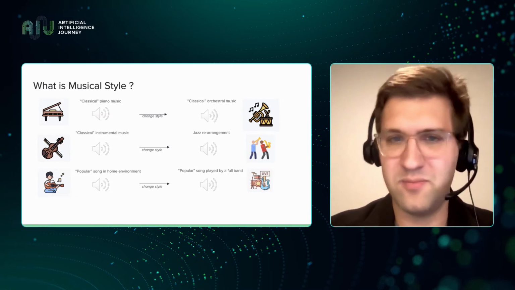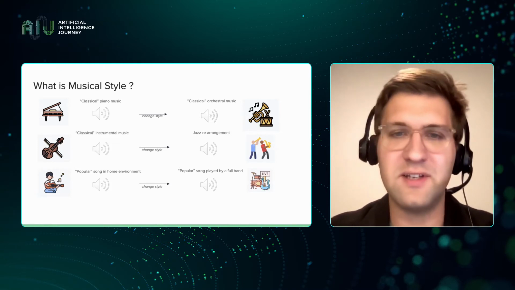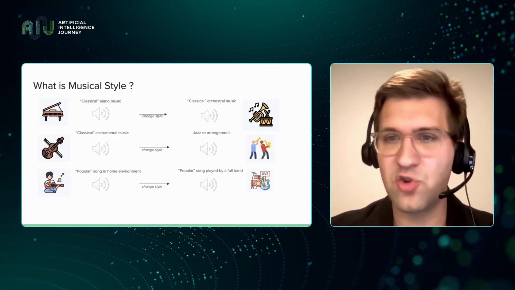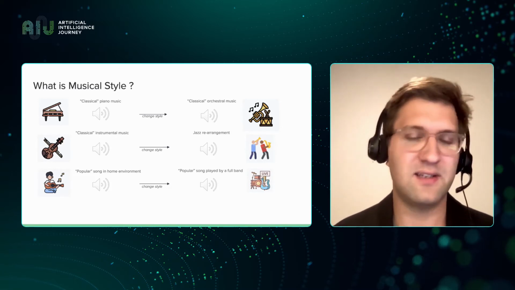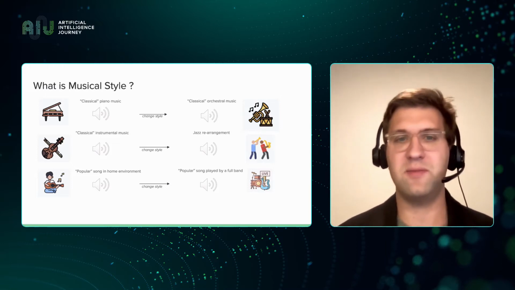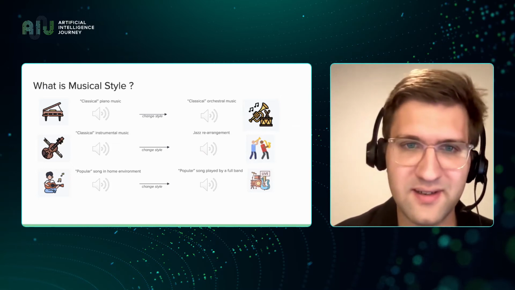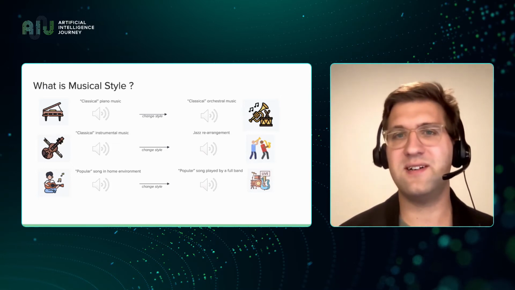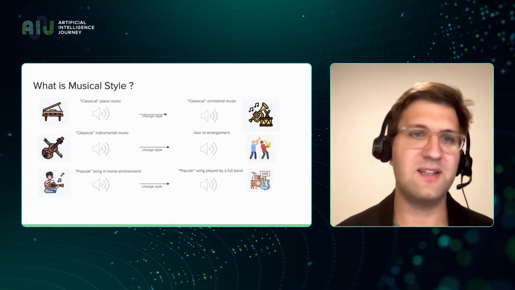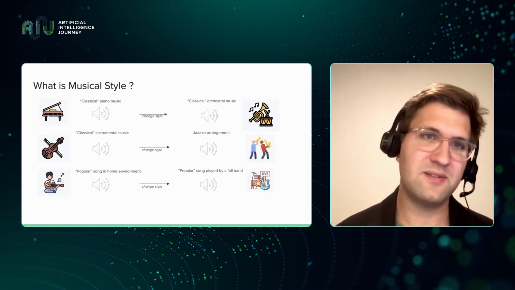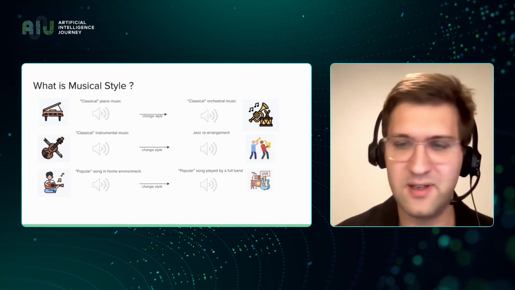So you can hear that the same song performed by the same musicians, but in the first case it was done in home environment, but in the second case it was played by a full-scale band in a studio in a professional way. So music context is different because different musical instruments are playing different parts here, but it's perceived as the same song. Thus, style can be defined as changing the arrangement, changing musical style, or changing the set of musical instruments and changing different voices of instruments.